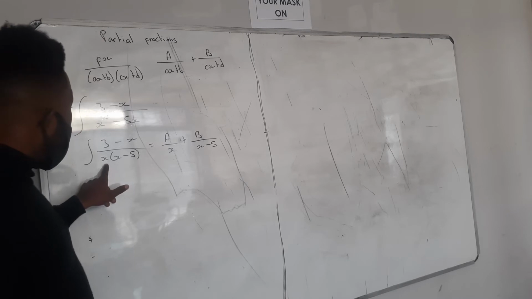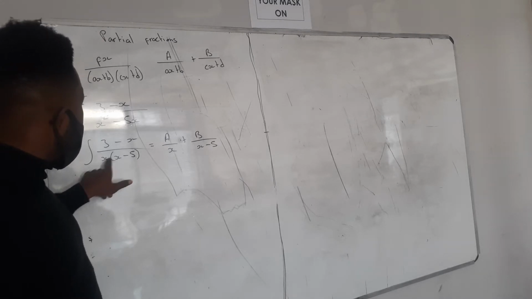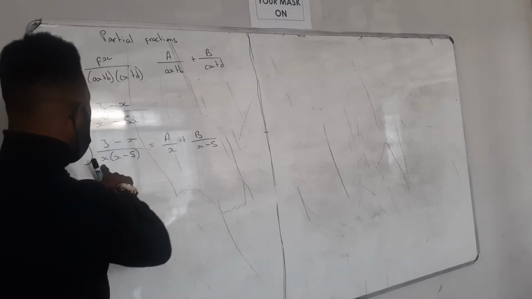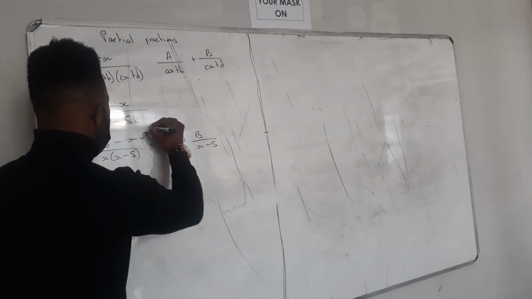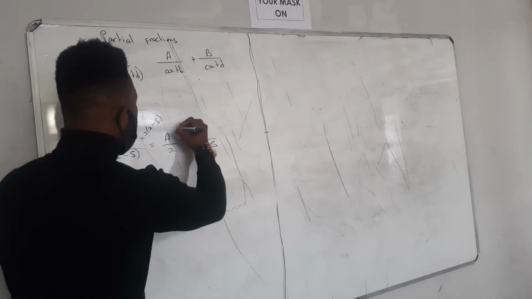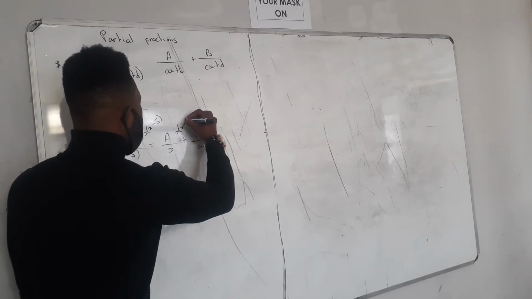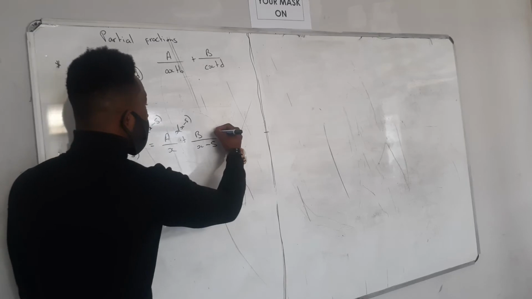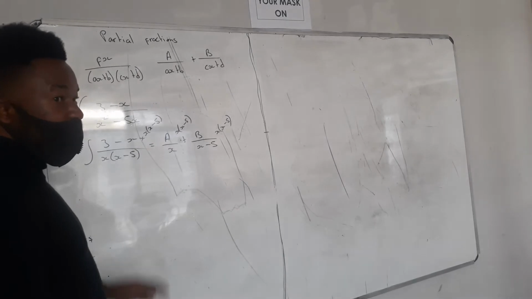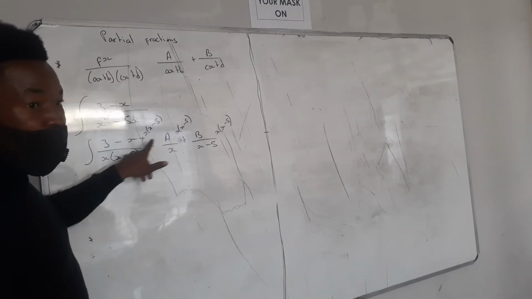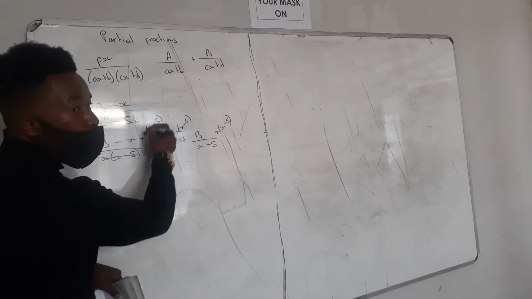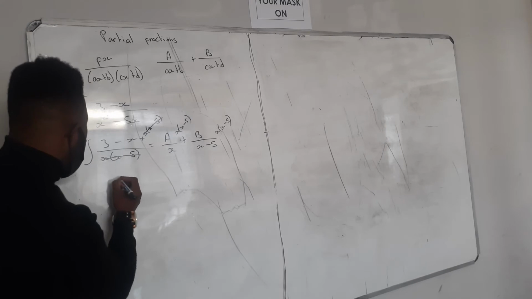I'm going to multiply my denominator, x times (x minus 5), with everything in the equation, even this one. So when you're multiplying, you multiply by x minus 5 on this part, then x minus 5 again on this part, and x minus 5 on this part. You understand this part? So you multiply everything with your denominator. When multiplying, the denominator cancels with this one, so now I'm left with